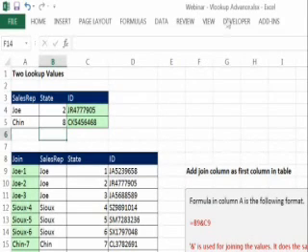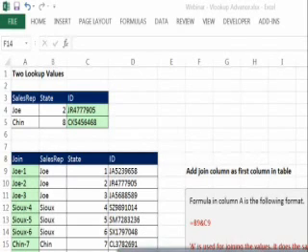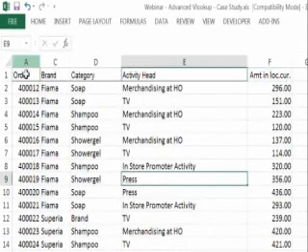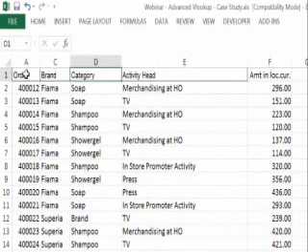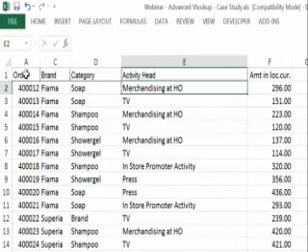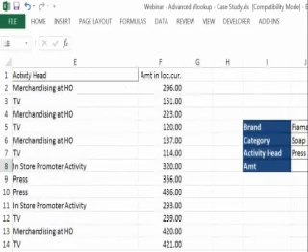Okay, I was going to share one of the larger databases. This is a small database for illustration. We have order, brand, category, activity head, and the amount. Now you will see the brand is there, the category soap is there, and the activity head is there. If I am looking for the amount, which is a combination of these three, in the cell J8,